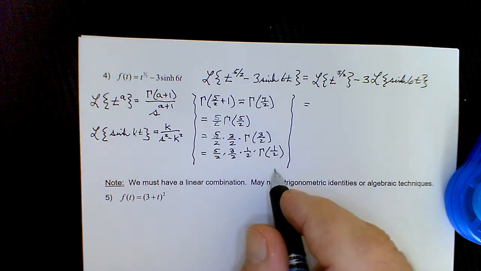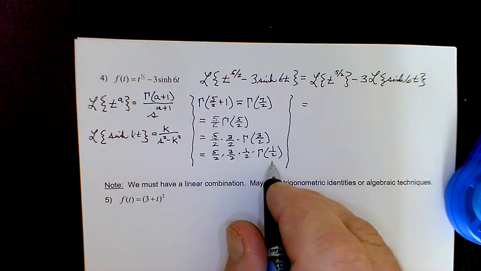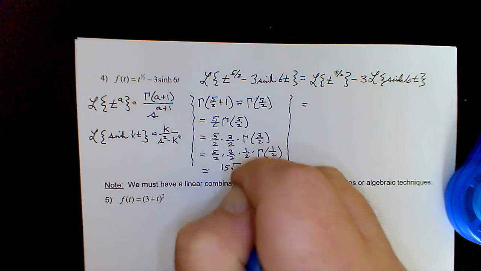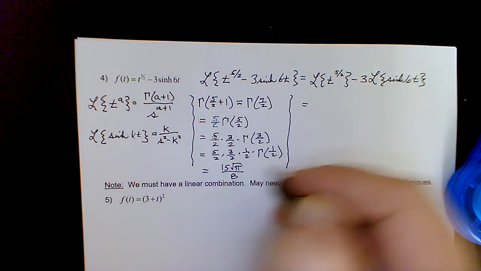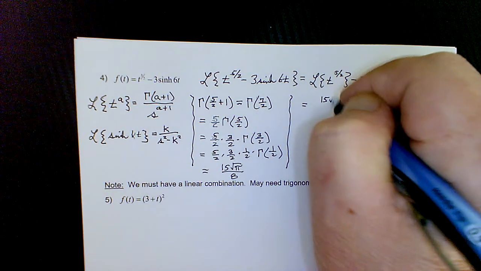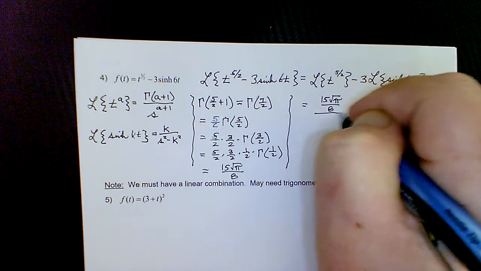And that's the point we want to get to, right? Gamma of 1 half is the special value, square root of pi. So let's just make this 15 square root of pi over 8. Okay, so that's going to be our numerator here. 15 square root of pi over 8 divided by